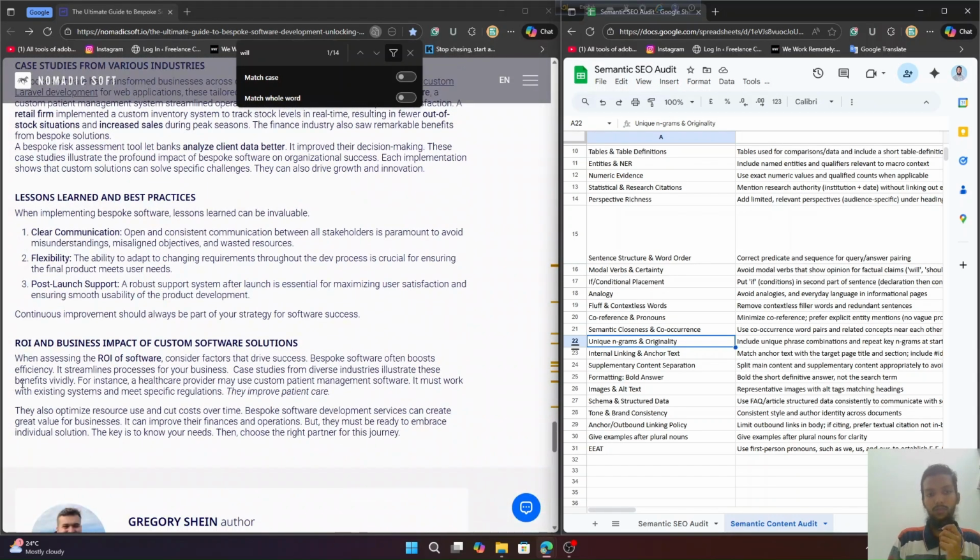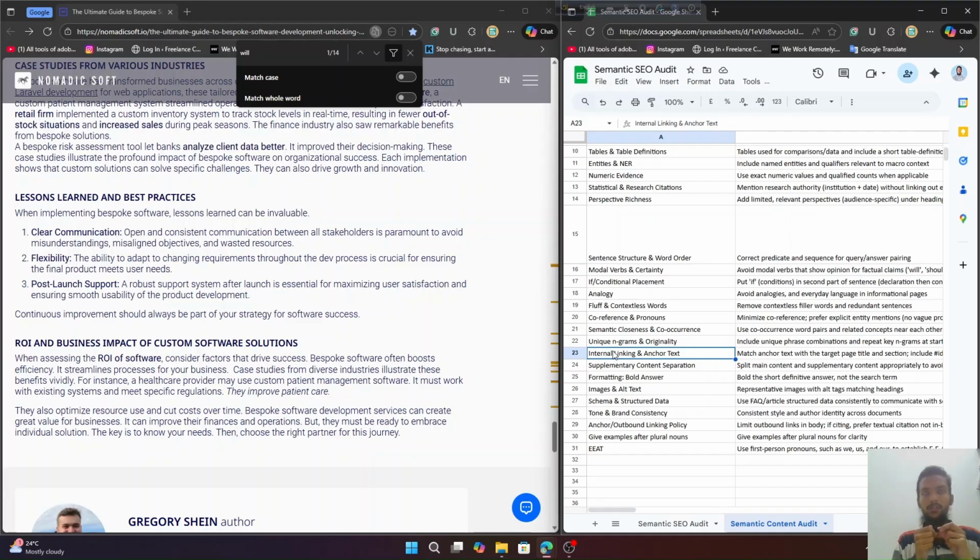I don't see those type of words, but I see ROI and management software, and sometimes they mentioned custom software. So if they could focus on this, then this will be a better binded software. Better binded content from top to bottom, so that it is uniquely connected through n-grams and semantically connected from top to bottom. Then the internal linking thing in our Semantic SEO or Koray framework, we try to internal link